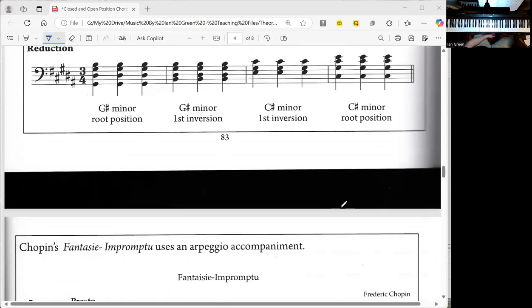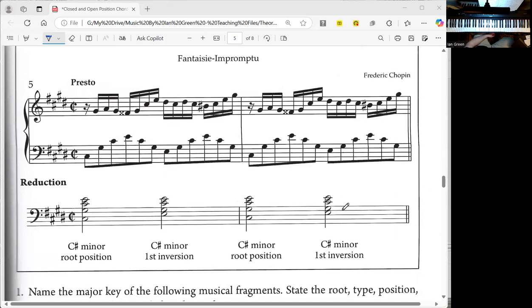The same can be said about the material on the next page. You can see here, this is kind of getting into more intricate music, but there's an interesting arpeggio or broken chord pattern in the left hand of this piece by Mr. Frédéric Chopin. The accompaniment is a broken chord of C sharp minor. In this case, these two chord patterns that we just looked at are open position because the notes go beyond